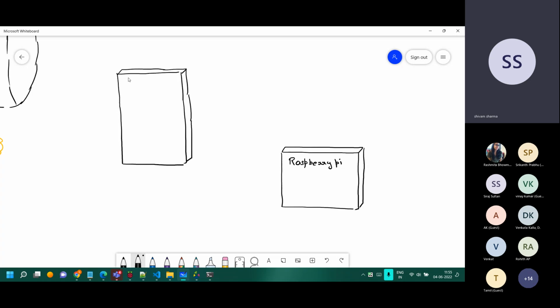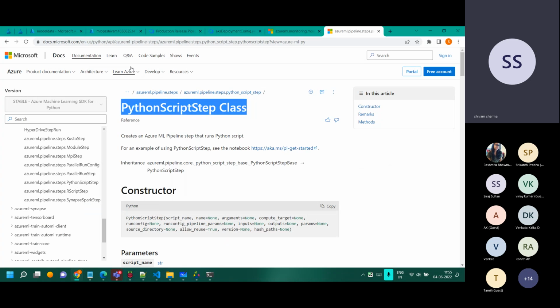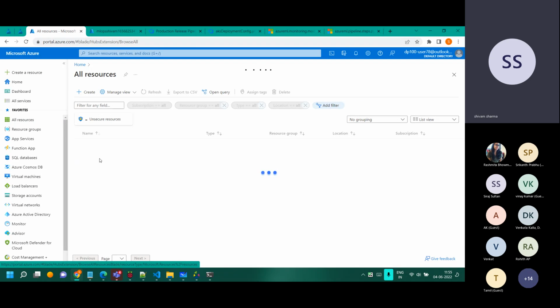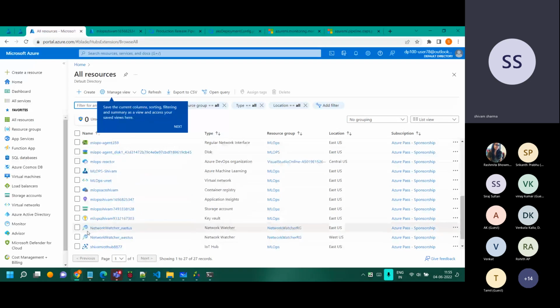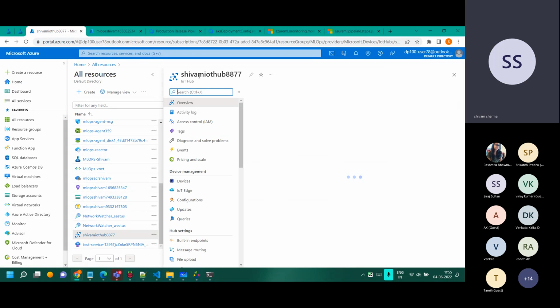Azure IoT Hub is basically a Kafka cluster, supercharged to have the IoT functionalities. But at the heart of it, the core of it, it's a Kafka cluster. So this is the IoT Hub right over there. If I take you to my Azure portal and click on all resources, I did make that somewhere. That's the one. So this is the IoT Hub. You need to deploy this first.